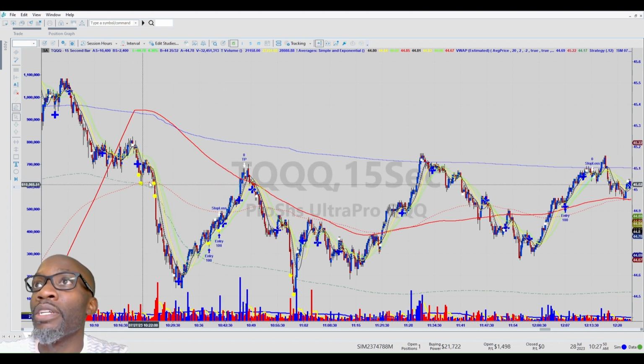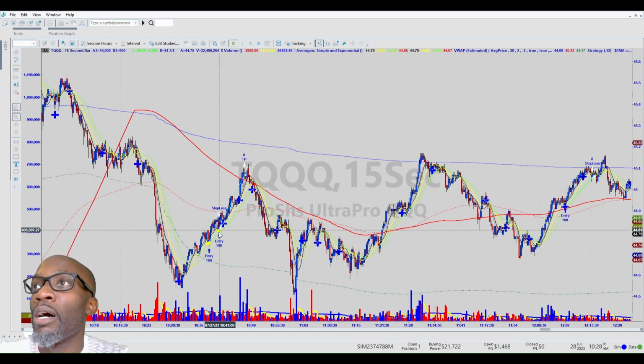And okay, this must be a different one because it didn't enter an exit there. Yeah, this is for 726. So this is another strategy. I'm just going to disable that so it doesn't show up. So this is the strategy that I created. So it entered there,